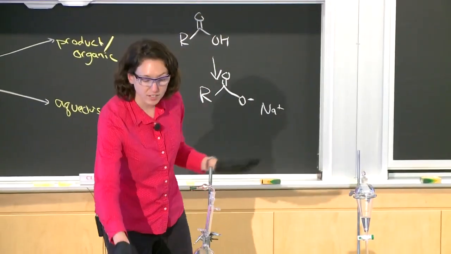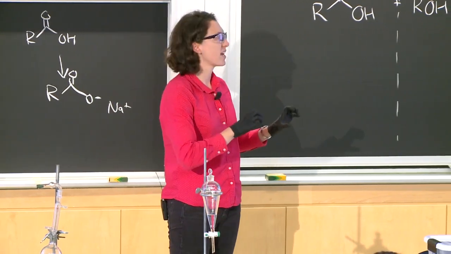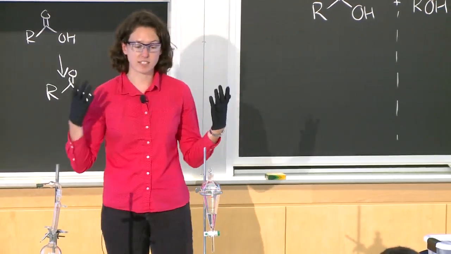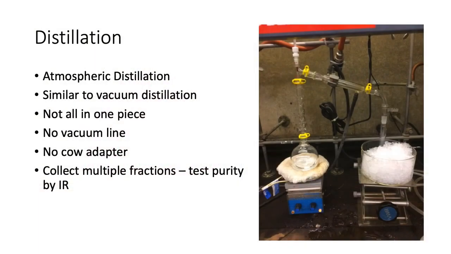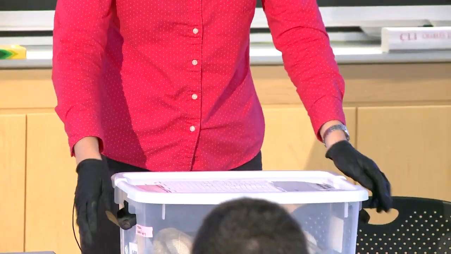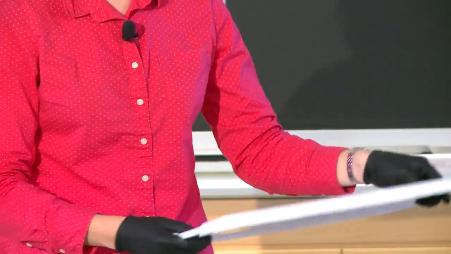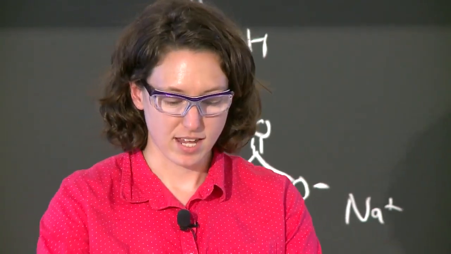Okay, so that's all day one. Then you'll have your semi-purified and dried product, and on day 2 we will purify it from anything that did not get taken out in your extraction process using distillation. What I didn't mention is that for this lab you'll be checking out a kit from the stockroom, or your TAs will, and you will get a kit that has all of the glassware you need to do the entire lab, and there's a nice list on here of what goes in this kit. On the first day you will set up your reflux just like this,